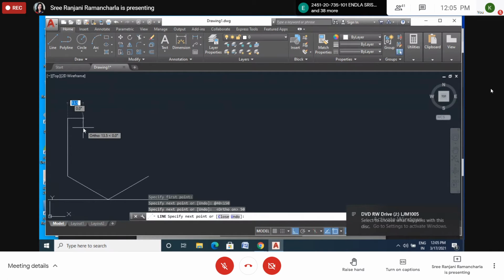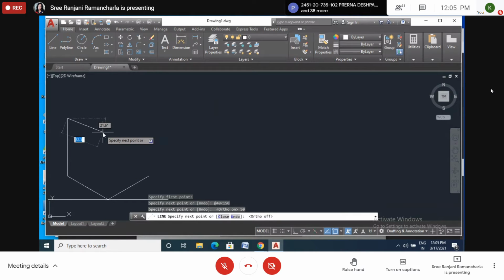And from 50, that small inclined line is there. How much is that inclined line? 15. So at the rate 15, less than minus 30. Okay. Is it clear? Are you all getting or not? Then vertical line, ortho on. So how much is depth? The depth is also 15. So directly 15. Enter. Right.